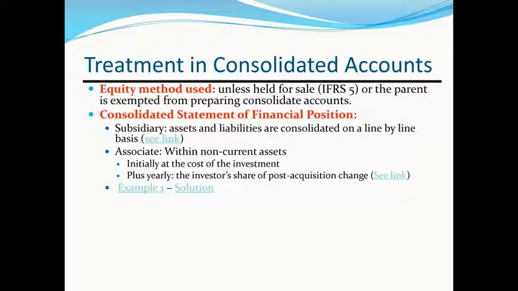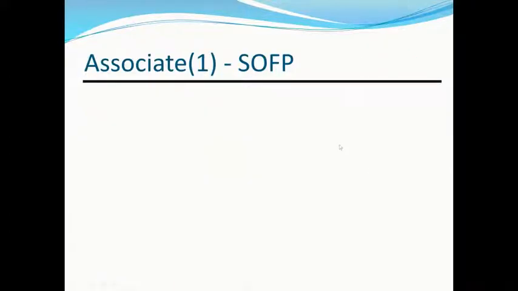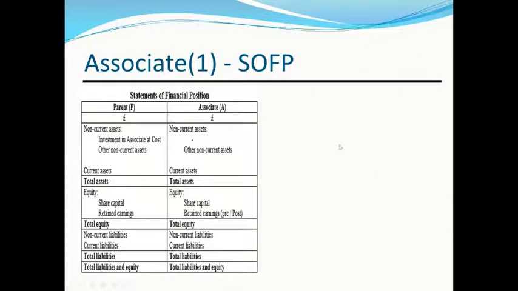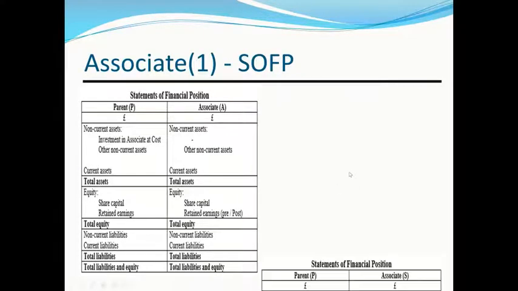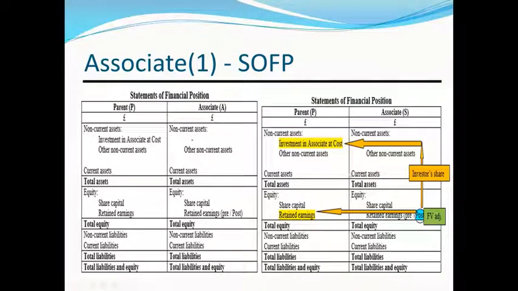So they are initially recorded at cost, the cost of investment, and then will be adjusted in following years by adding the investor share of post-acquisition changes or post-acquisition profit. The steps here for the associate start with having the statement of financial position of both the parent company and the associate. And when we apply the equity method, in this case, what we need is to pick up two